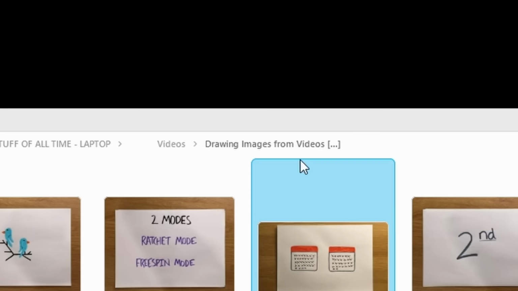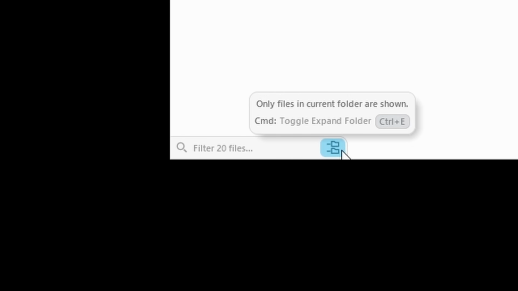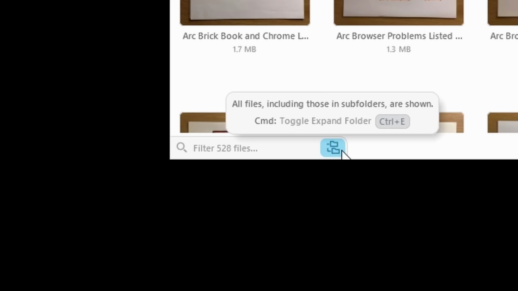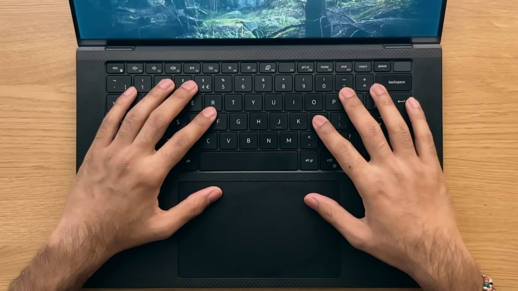Another subtle detail I noticed is that when enabling this mode, you'll get a small ellipsis appear in the address bar as a nice touch, not to mention the icon in the lower left hand corner changing as well, from which you can also enable a feature, as well as searching the current window you're viewing. So yeah, system wide search in the top left and location searching here, though location searching does have a few